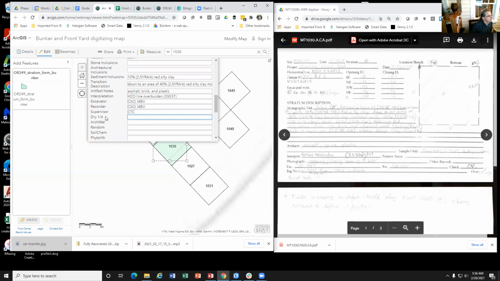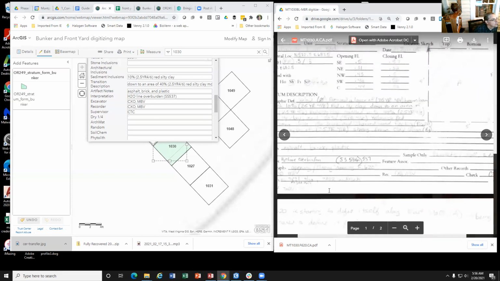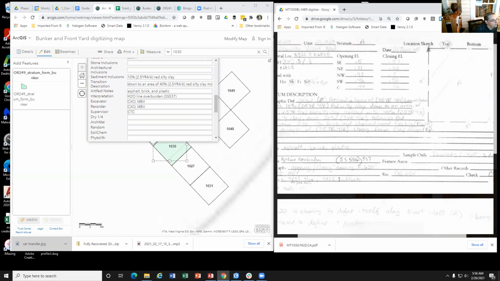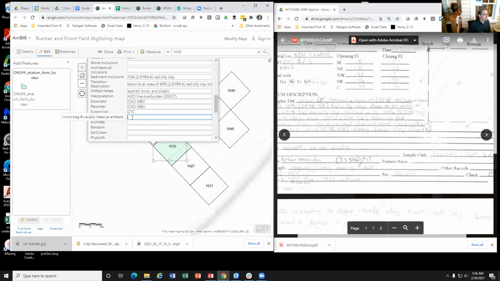And this right here is your inventory numbers, the bag numbers. You've got 7832 is artifacts. That's the dry quarter inch. Dry quarter inch and artifacts is the same, so that's 7832.